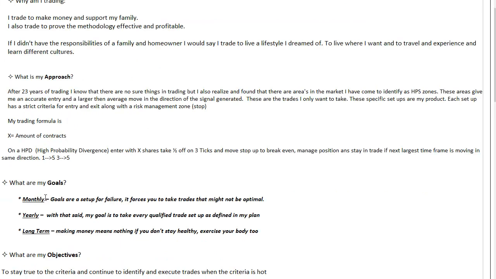The goals. A lot of people put goals on their thing. I find that goals are kind of a setup for failure, honestly. I always used to love goals, give me a goal, but if you weren't going to get there and you would end up gambling or pushing yourself to a limit where you're not supposed to go to get to that goal, you start to break out of the methodologies that got you there.